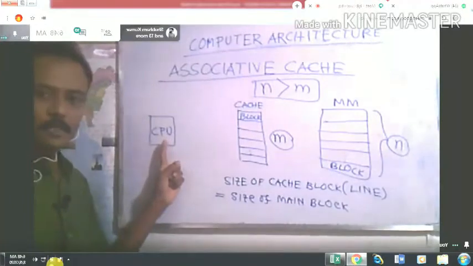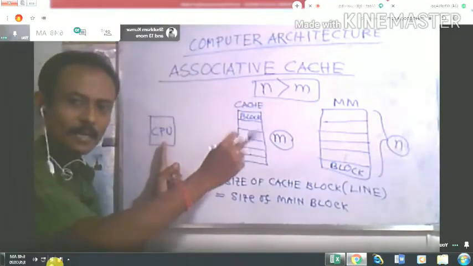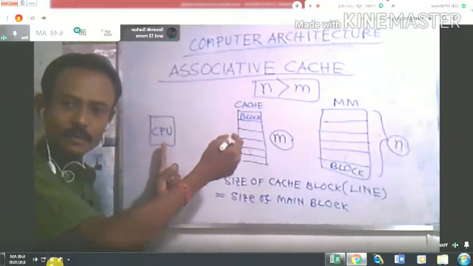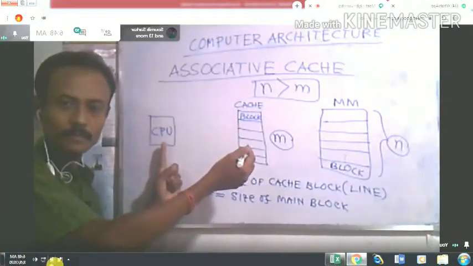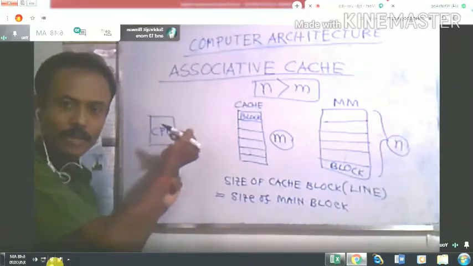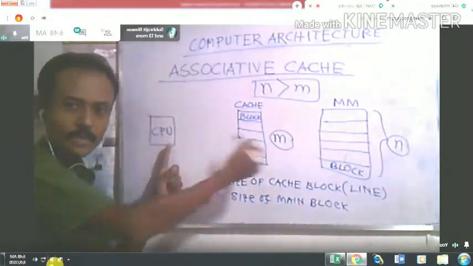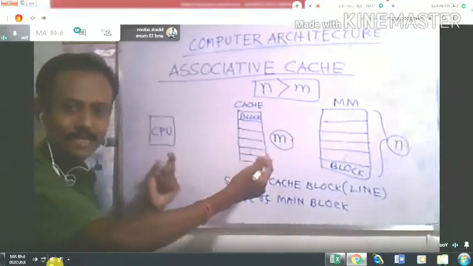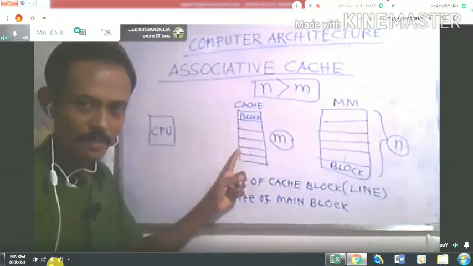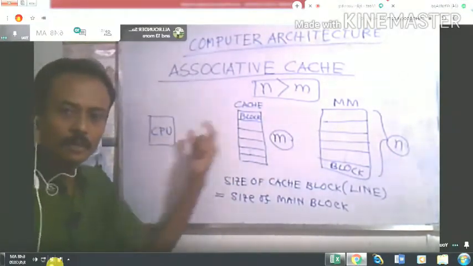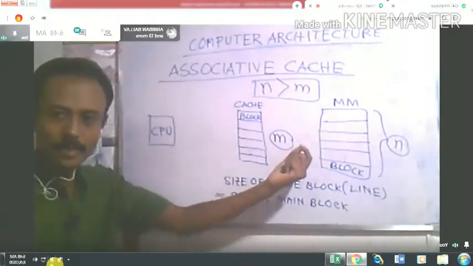So when the CPU accesses some data, as the cache memory is designed using static RAM, the access from the cache will be faster than from the main memory, which is built with dynamic RAM.